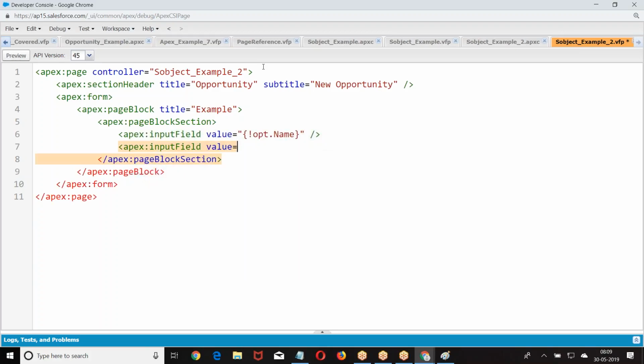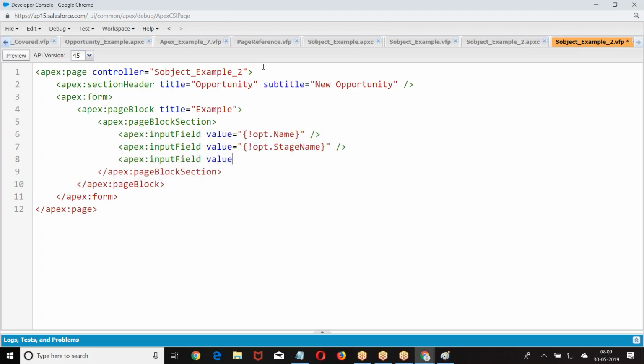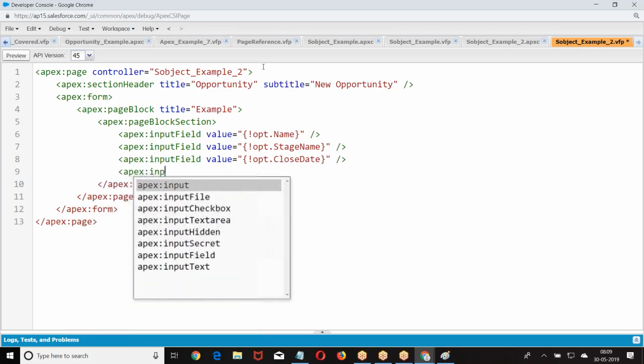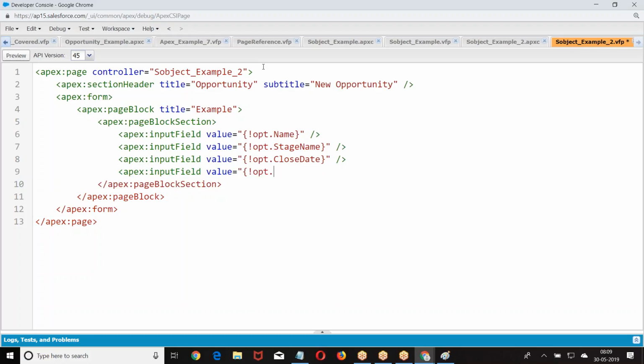Input field value equal to, close date, stage name, type, amount.